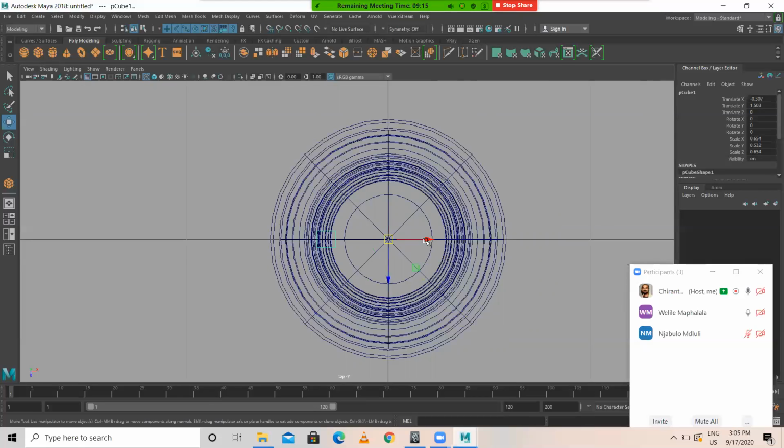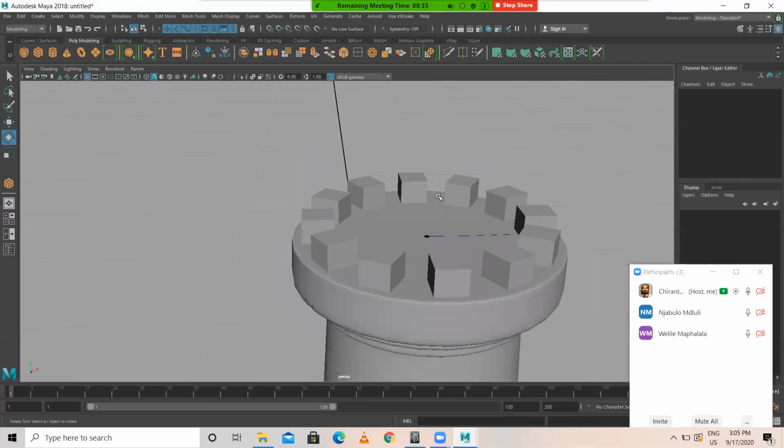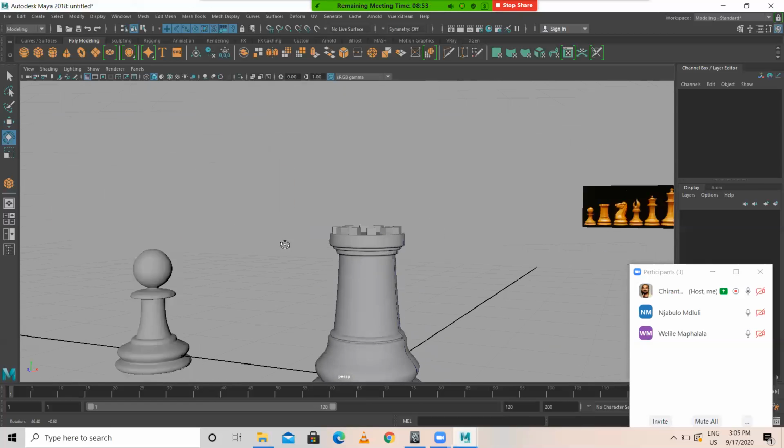Okay, then W. Now duplicate this, and I'm rotating this by 30 degrees. After that, Shift duplicate like this. So you get like this. Okay.